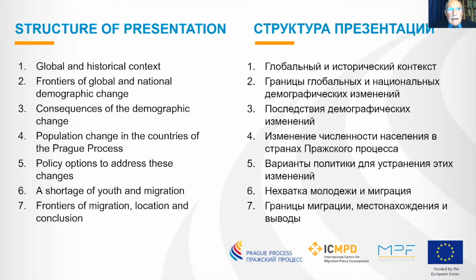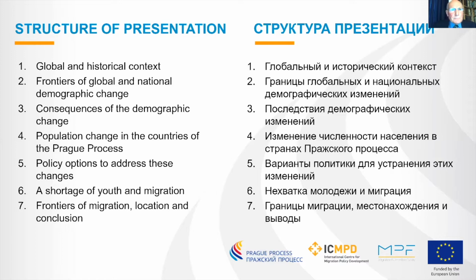I will then look at what I call the frontiers of global and national demographic change, because when we look at demographic change, we tend not to think spatially or over time, or at least quite often we think over time, but we don't look at the patterns across space. And as I'll try and make quite clear in this presentation, fertility, mortality, and migration are systems that diffuse